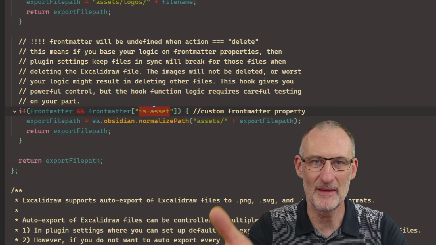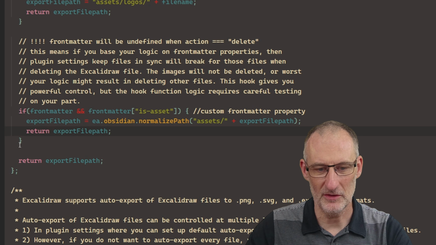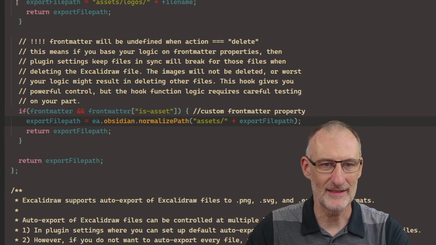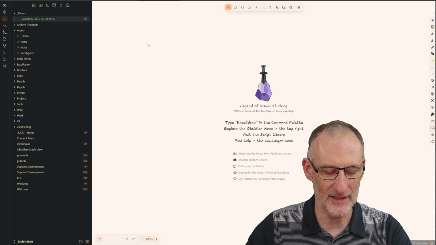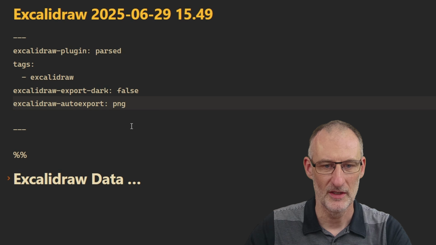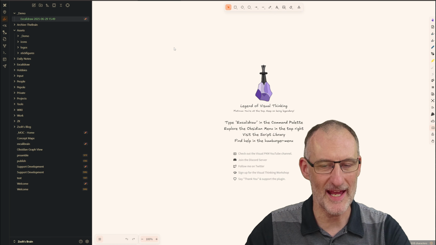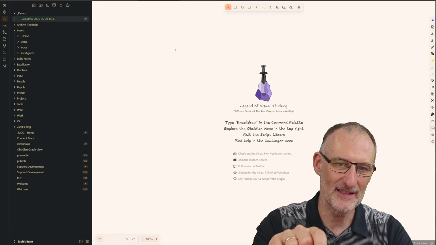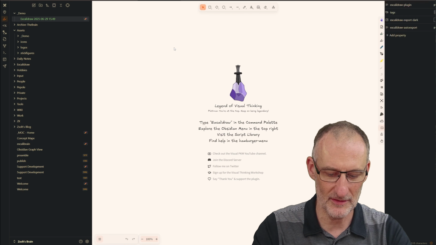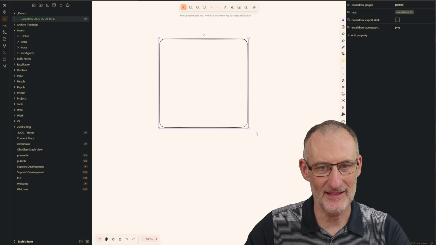IsAsset is just something I made up. You can create your own properties. Then move the file, otherwise don't move the file to assets. So here you go. Let's just show you how this works. So I'm going to come here, Excalidraw auto export, let it be now a PNG. Now, if I now press Ctrl S, this doesn't have the isAsset document property. So let's just see. You see, this doesn't have the isAsset document property. So when I add something here and press Ctrl S, then